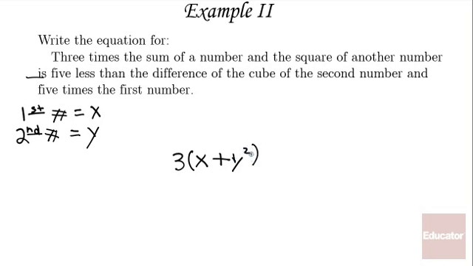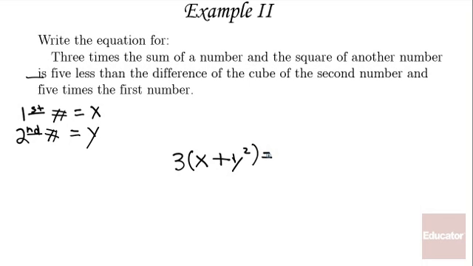So I have the left half done. 3 times the sum of a number and the square of another number is equals. Here's where things get a little more complicated, because what they want is 5 less than the difference of the cube of the second number and 5 times the first number. When you see 5 less than, the temptation is actually to write